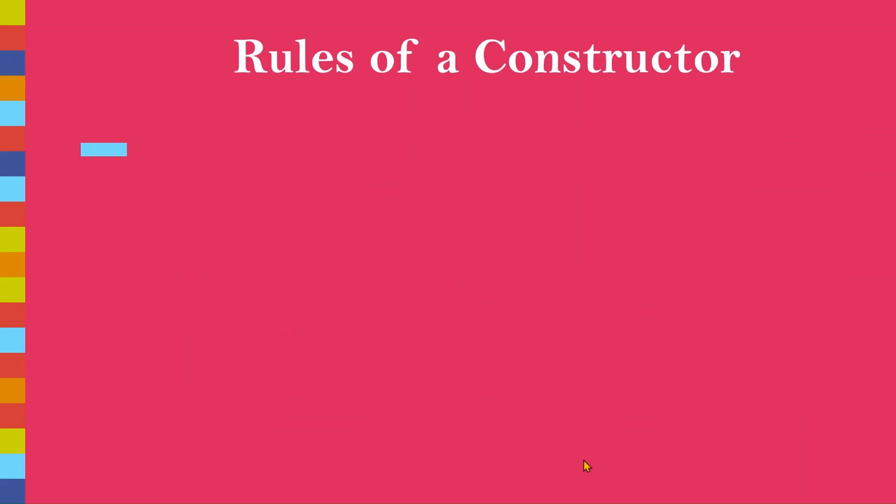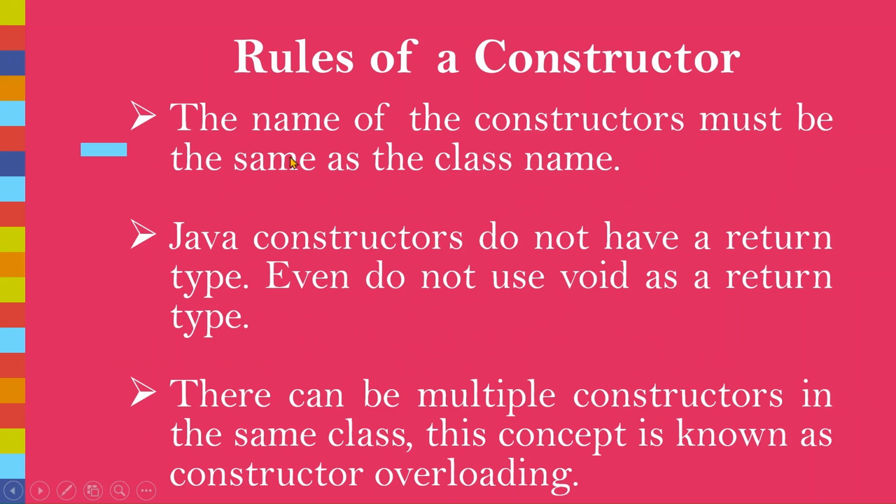Now, what are the rules of a constructor? The first one is that the name of the constructor must be the same as the class name. So whatever the name of the class is, the constructor name also should be the same. Second, Java constructors do not have a return type, not even void. Constructors are very similar to methods. When we see a method, we have a return type, the method name, and the parameter list. When you go for a constructor, we don't have any return type, not even void, because it's of a class type,